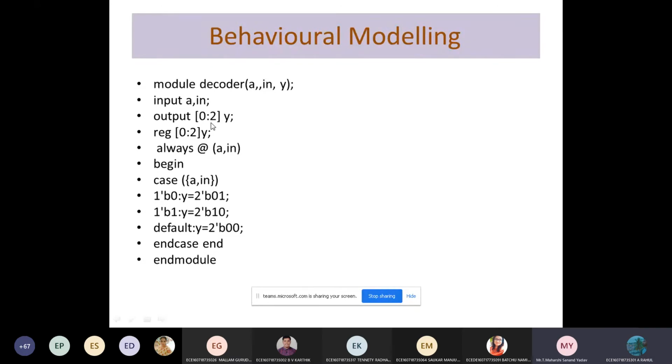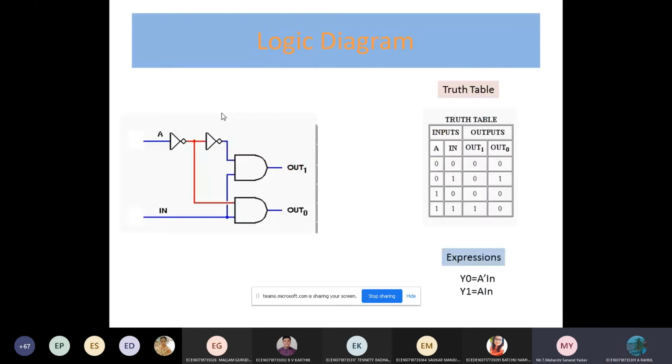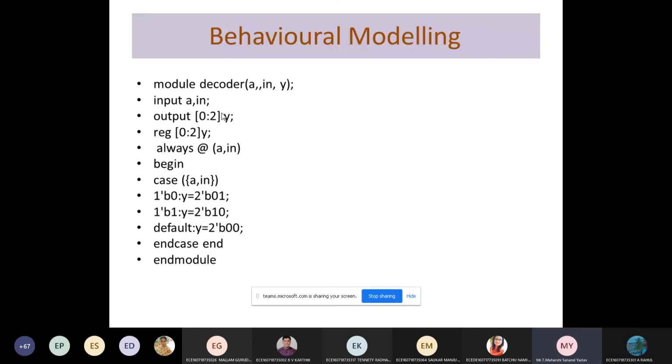Yeah. No, you can give like this also. If you are giving 0 down to 0, LSB is I think here, MSB is 2. So depending upon the truth table, you have to change this. Make a note. You can give like this also. No, it is not wrong or something. You can also do like this. But understand the concept of MSB and LSB while you're writing this one.